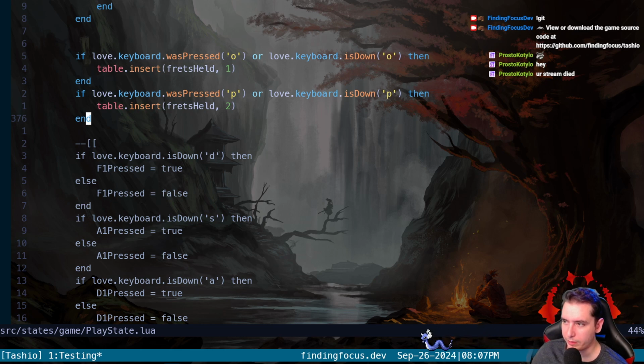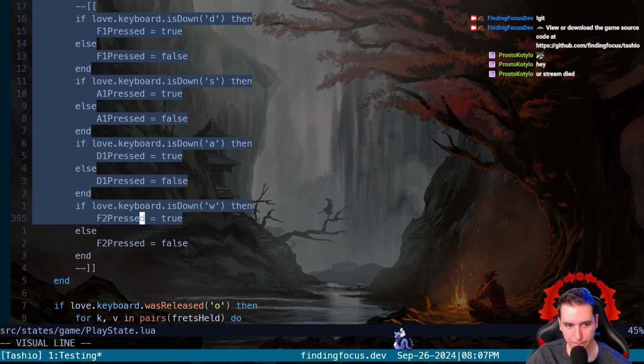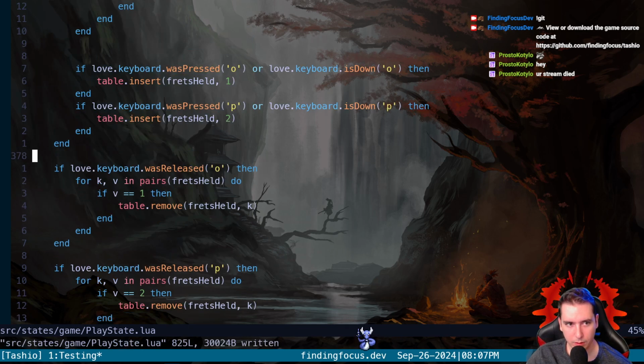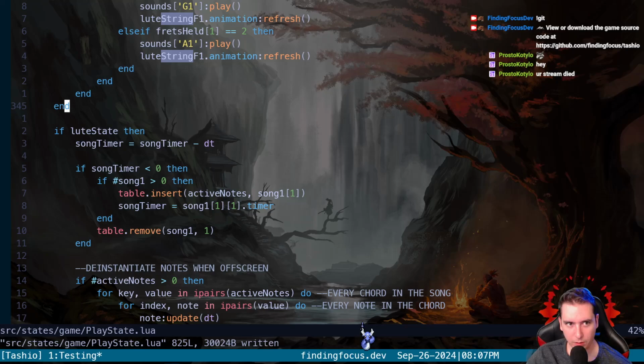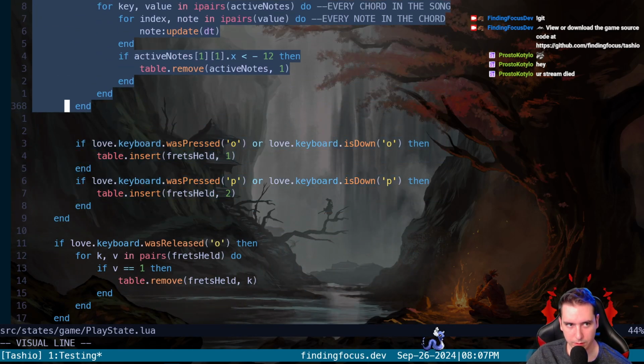This is only on the B button. So it's like we need... Once we need to move this into a Lute class. We really do. Maybe we'll just do that and bite the bullet and just do it. Because this, yeah, let's see where our Lute state goes. It goes from here down to right there.